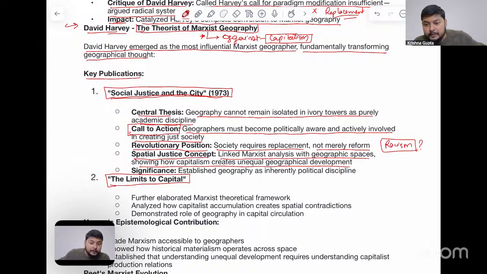Okay, do provide your responses: what is actually capitalism and how does geography see capitalism? Is capitalism important to thrive? Is capitalism bad? Is capitalism good? The countries where capitalism is prevailing, are they very good? Are they very bad? The people who are living in a capitalist country, are they good? Or are the people suffering under the capitalism approach? Okay. So private individuals own the market means of production.